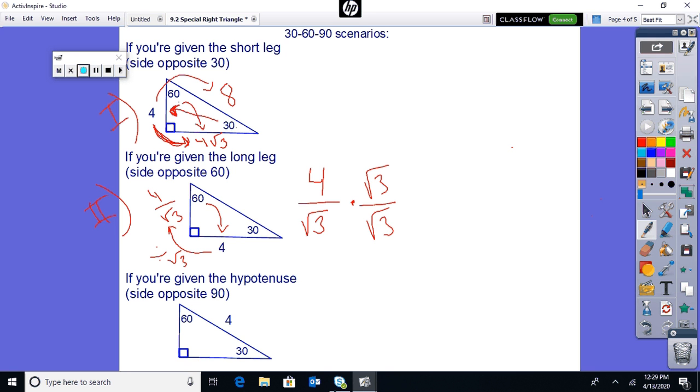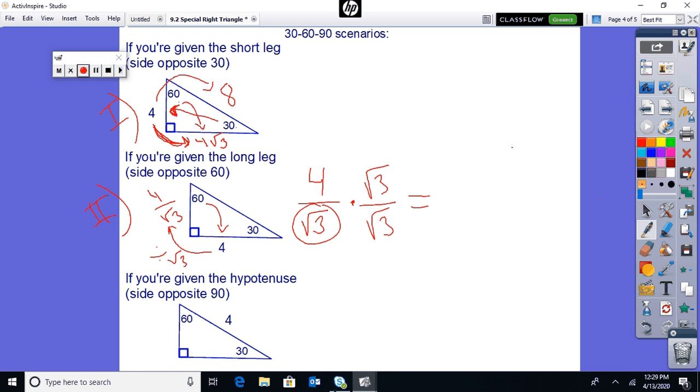The value of the square root of 3 over the square root of 3 is 1, so you're not changing the value of this side, 4 divided by square root of 3. You're just making it look mathematically correct. All right, why did I pick the square root of 3? Well, you want to pick what's on the denominator of your original fraction because it's going to go away then